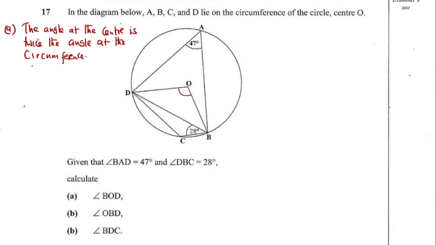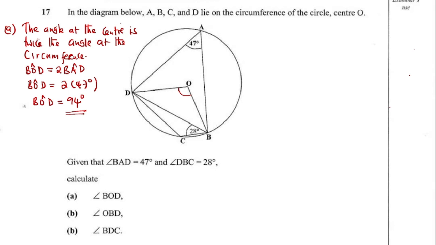So for us to find this angle BOD, we would say it would be 2 multiplied by angle BAD, like that. So our BOD would be twice of angle BAD, which happens to be 47 degrees. So therefore BOD will be equal to 94 degrees. Okay, then we can go to